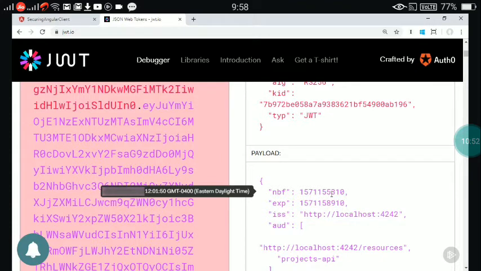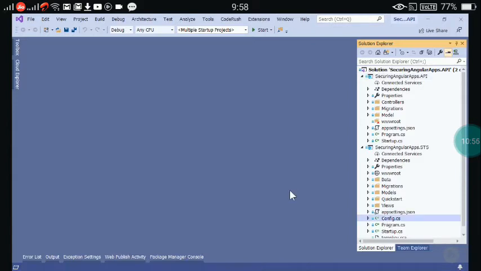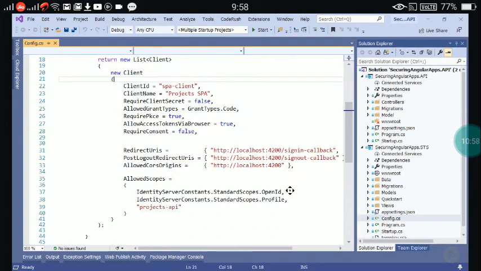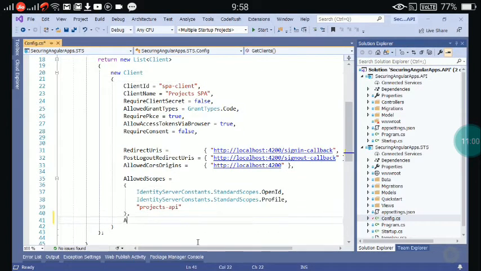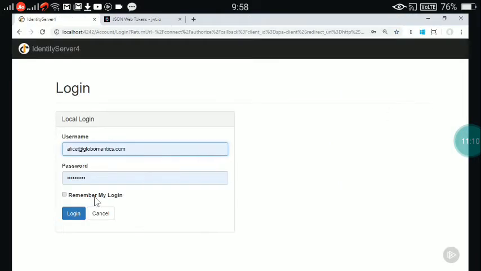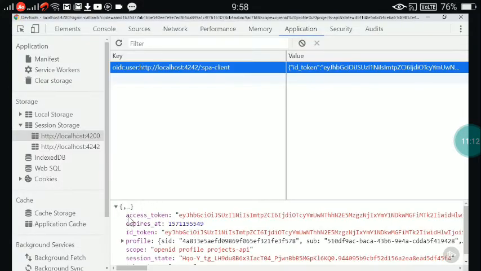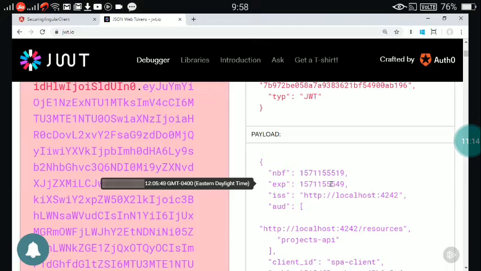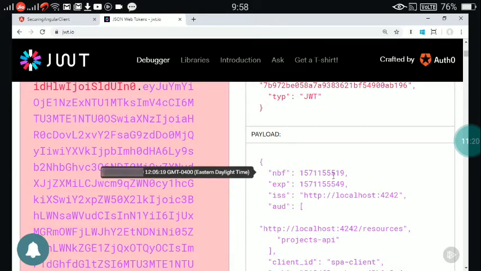That's going to be a little long to make you wait in a demo to see expiration happen. So I'm going to go to my Identity Server 4 STS code and change the configuration for our client app to set the lifetime of the access token to 30 seconds. With that change, I'll go and log out and log back in to get a new token, then go grab the new access token, pop it into jwt.io, and now you can see the token expiration is 30 seconds after